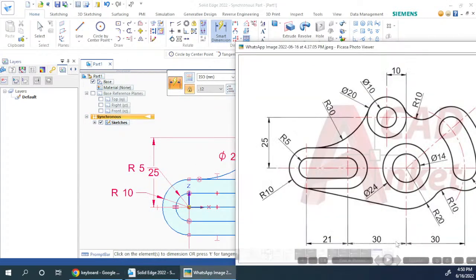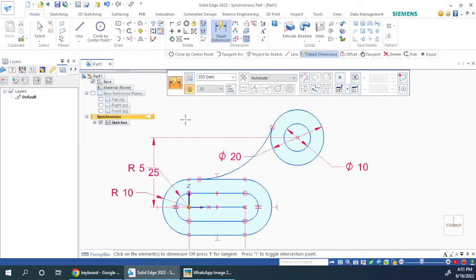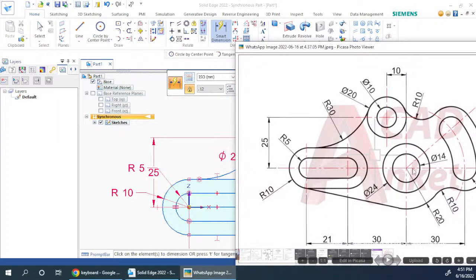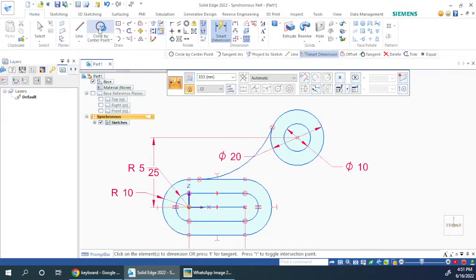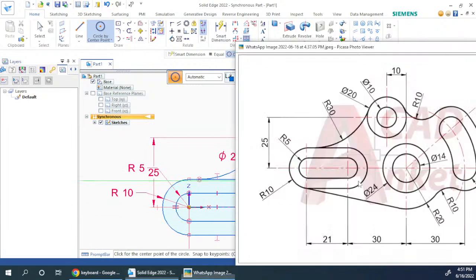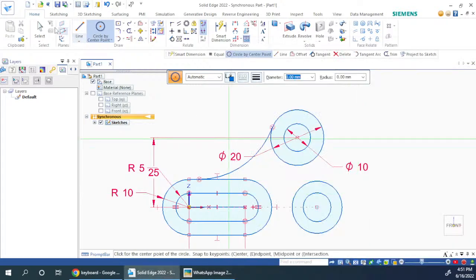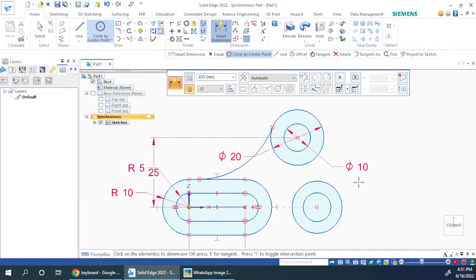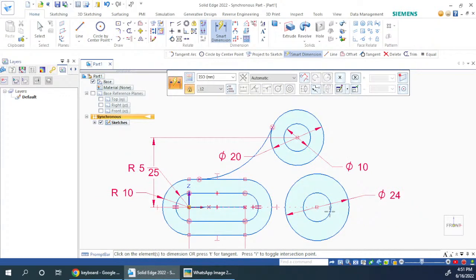and then horizontal distance, this first we are getting this circles, and then from that we have to take these circles. So let's first create those circles. Those are in the same line as this. So now let me create two circles here, give them the diameter 14 and 24. Smart dimension, 24 outside, 14 inside,